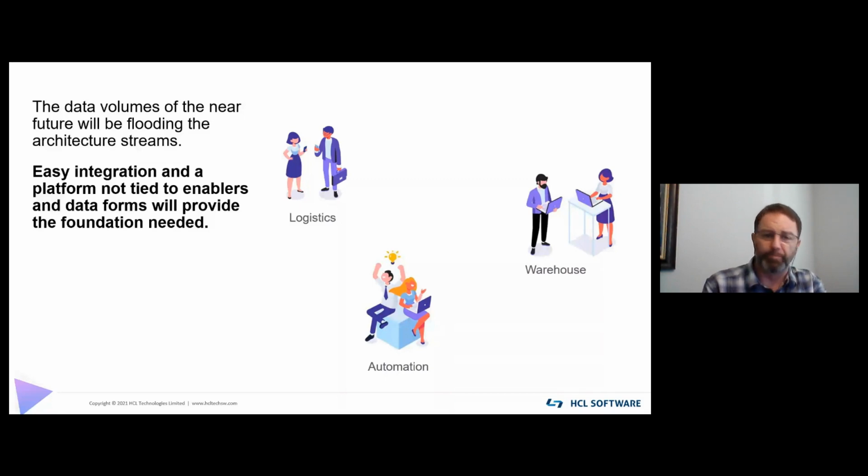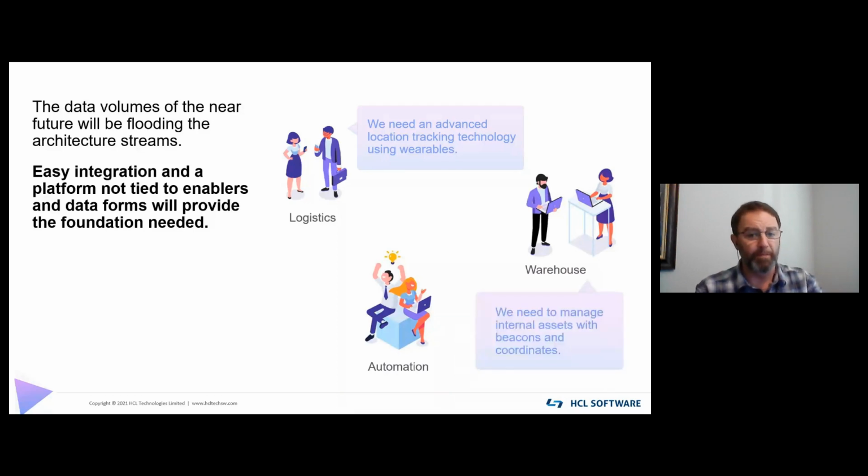Now, this platform needs to provide a foundation to take these various sources of data, regardless of their format, and not be restricted in how they are understood so that we can provide a solution to, say, for example, a logistics company that might need to leverage the location and tracking technology provided by wearable devices or asset tracking devices like RFID tags. Similarly, for supply chain management applications for a warehouse, Bluetooth beacons can be brought in for fine-grained location activity and location tracking, and then be complemented by asset tracking devices like barcodes or RFID tags as additional sources of data.